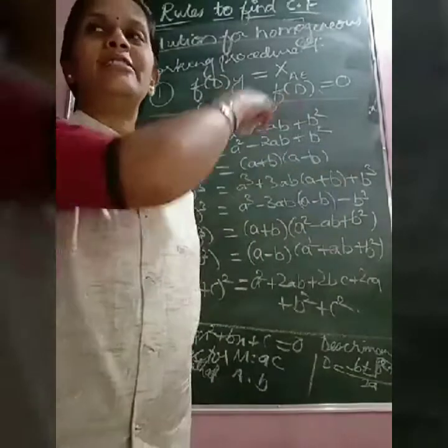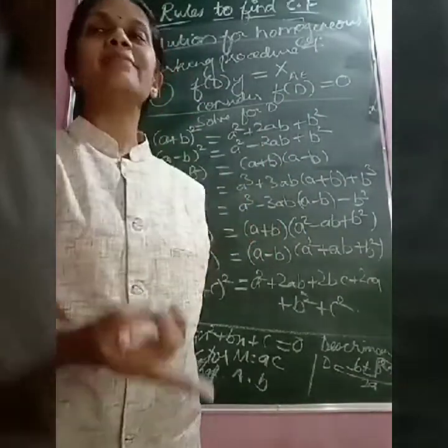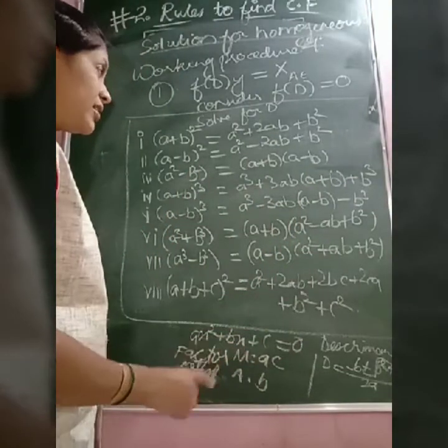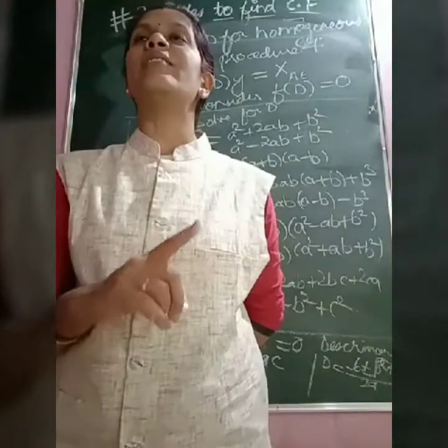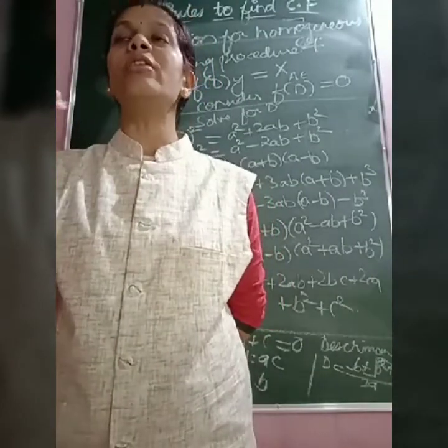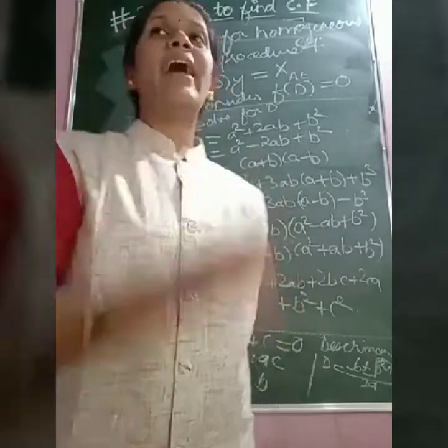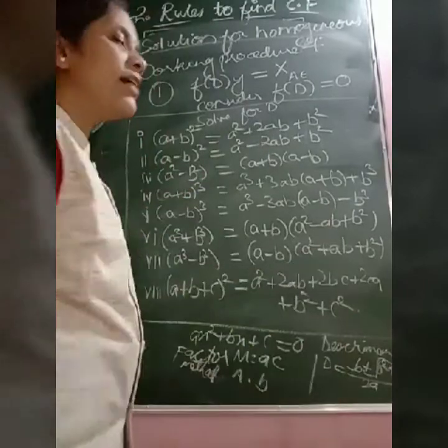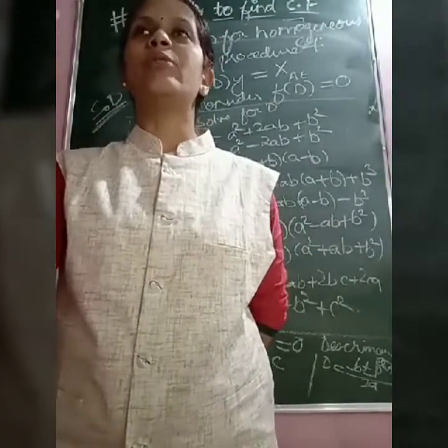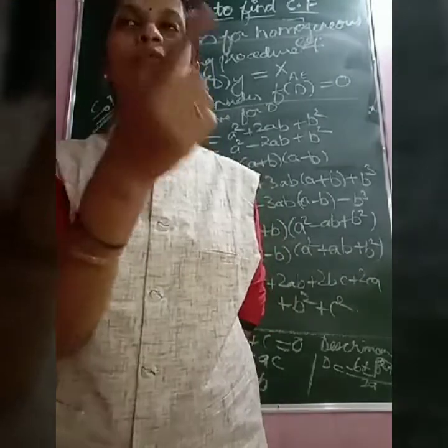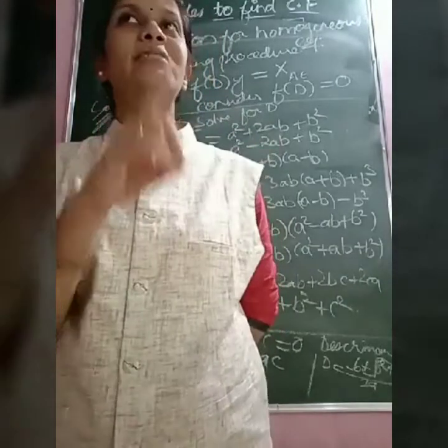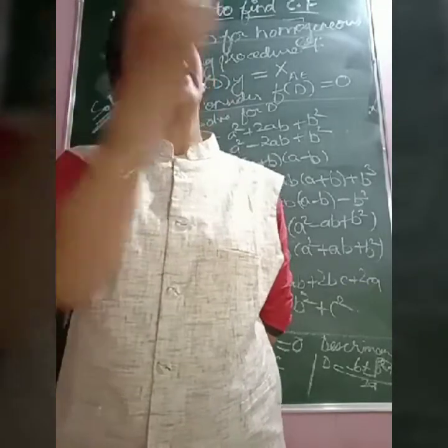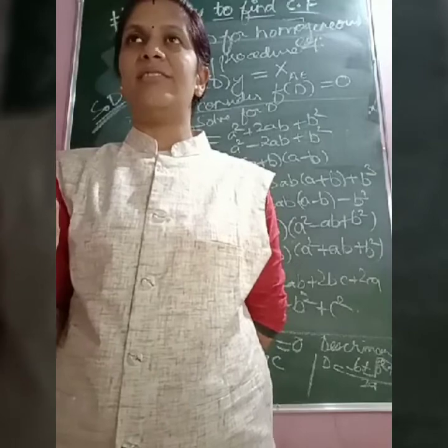So firstly, algebraic identity. Next, if it is quadratic, we go to the factor method or the discriminant method. Or if the power is more than 2, that is 3, 4 or 5, then we have to go to synthetic division. How do we solve by synthetic division? By inspection we find one root, that is put D equal to 1 or D equal to minus 1 and check whether the value you get is 0, and then you solve by synthetic division, right?